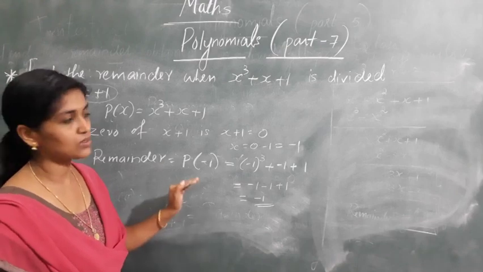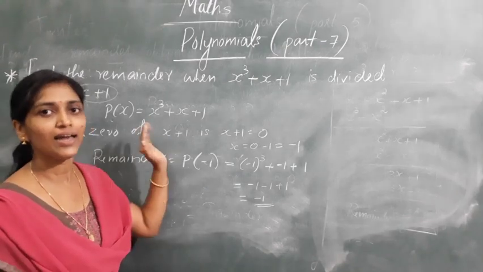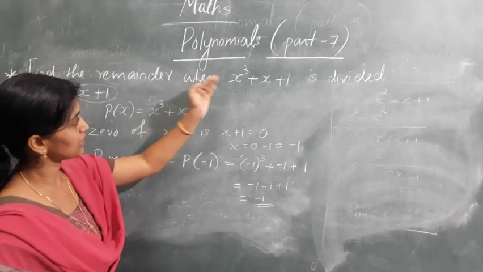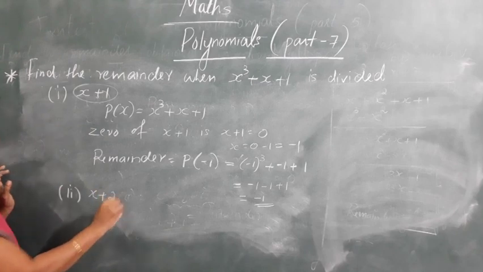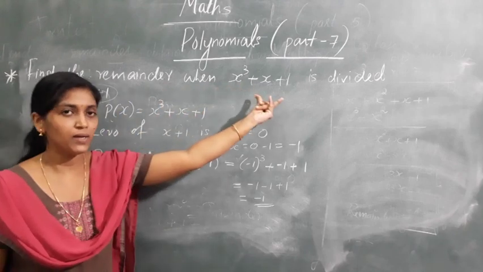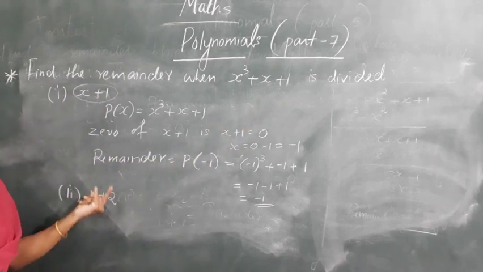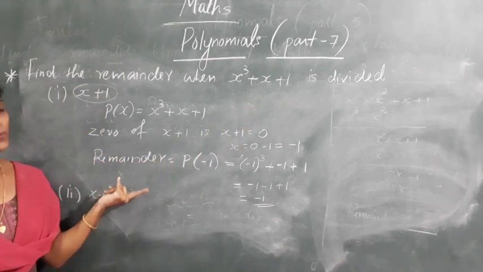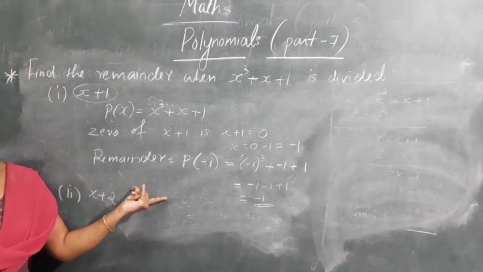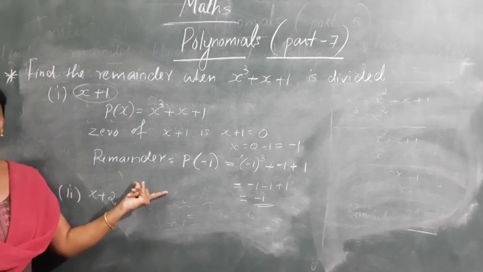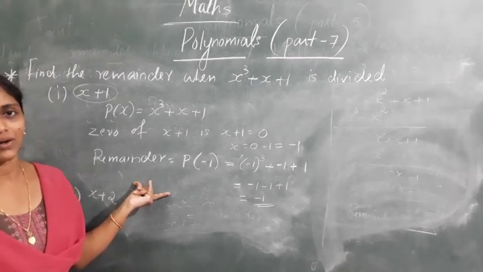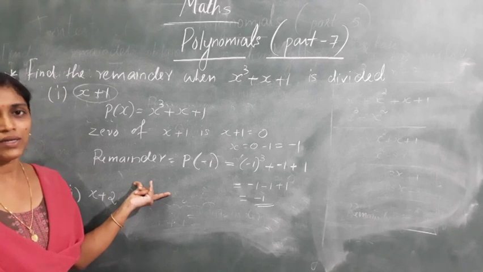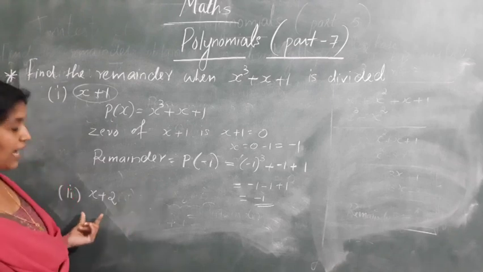Okay, so you have to study this question, and I will give you another question here. For the second question, you have to divide this polynomial by x plus 2 and find the remainder. When I come for the next section, I may call on one or two of you in between and ask you what the answer is.